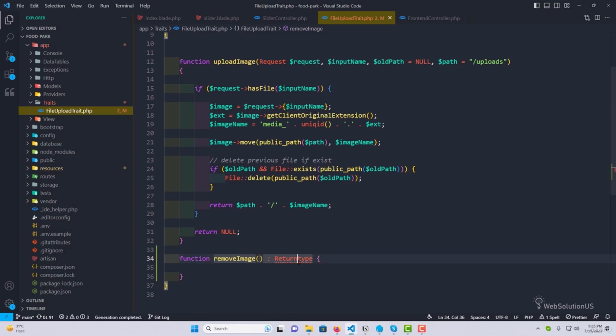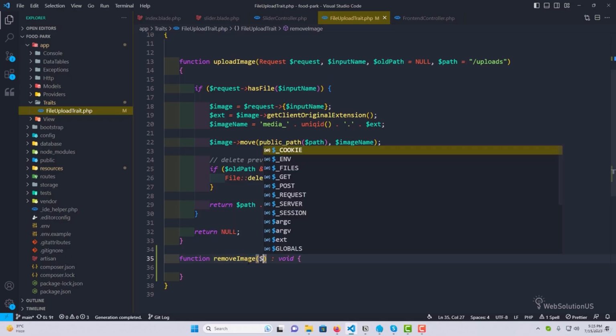And basically it will return void, I guess. Yeah, not this one, void. That means this method will not return anything. It will just do our operation. That's all. Got it? Okay, so in the remove method, what we'll do is we'll be adding a parameter which